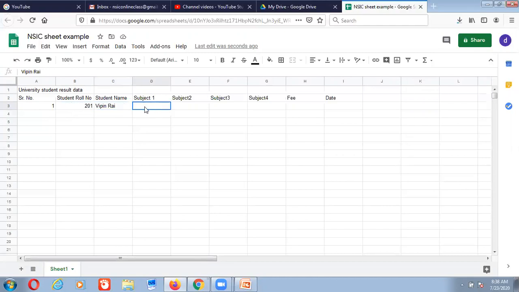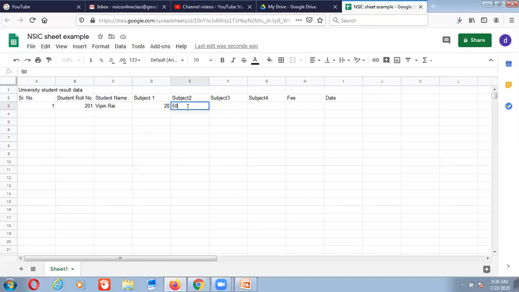Now here suppose that I have to write subject 1 marks. Suppose that I have written 20. Now see, when it is in the cell, it is at the left side. But when we press tab and come out of this cell, it is right shifted. Now suppose that in subject 2, I press 50. When we type it, it is on the left side.